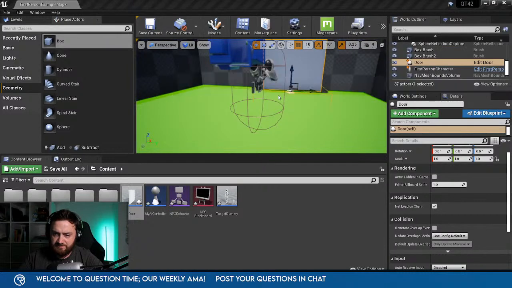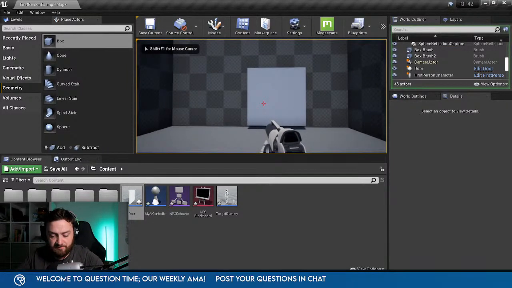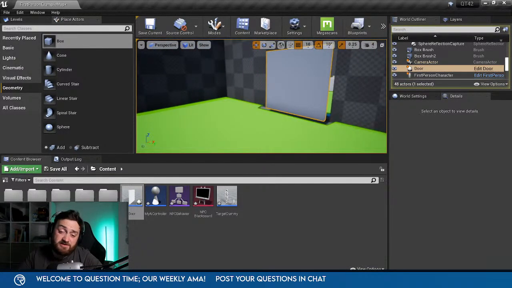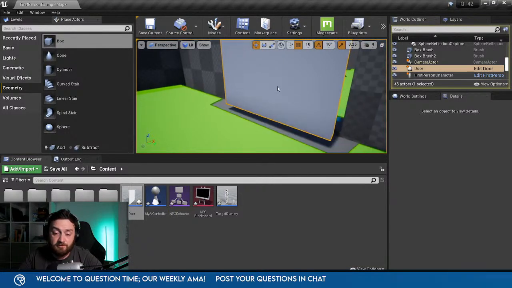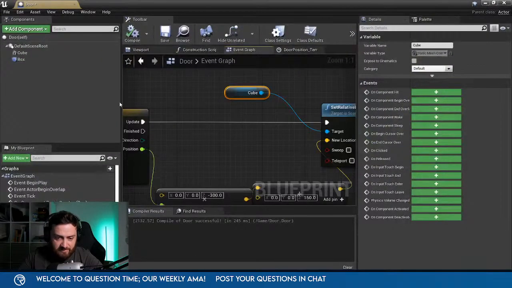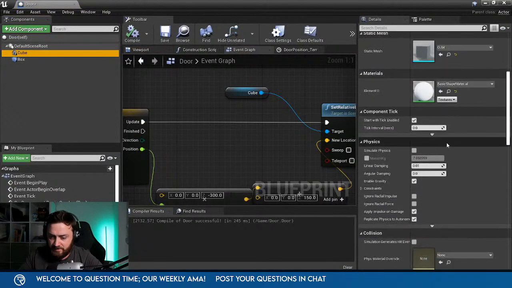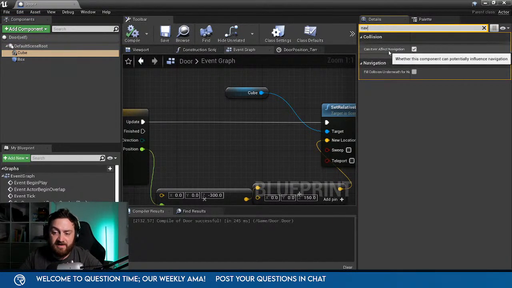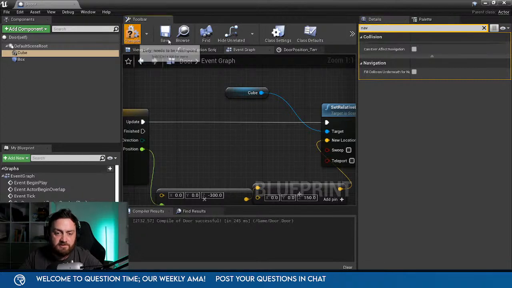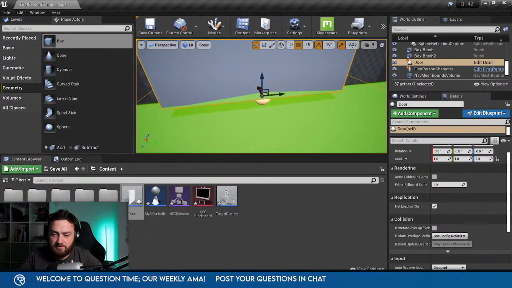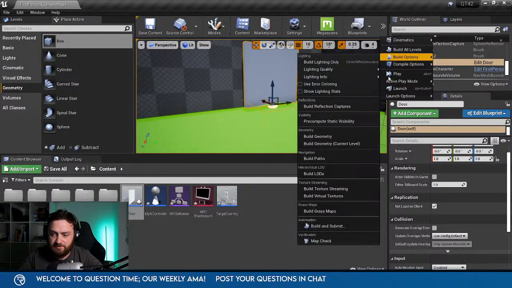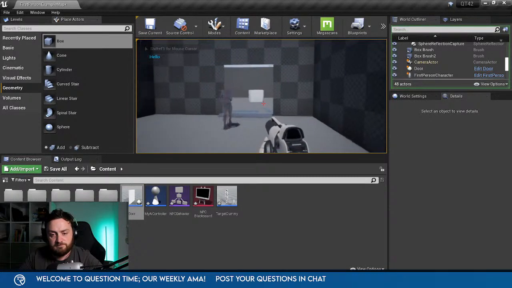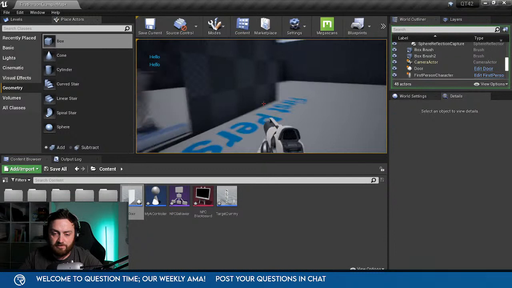So let's just, if I stay out in here, he won't reach me. Okay. Well, okay, he can't get to me whatsoever. So there's a few ways around this problem. The first way is to make the door actually not affect the collision at all. So for example, you go into here, go to cube, and down, probably search for it, be better. Type in nav, and you'll see can ever affect navigation. You can just turn that off, and you'll notice now the path goes through the door. So he'll just come through the door now, like that. Because he doesn't see it as an obstacle, he'll just try and go through it.